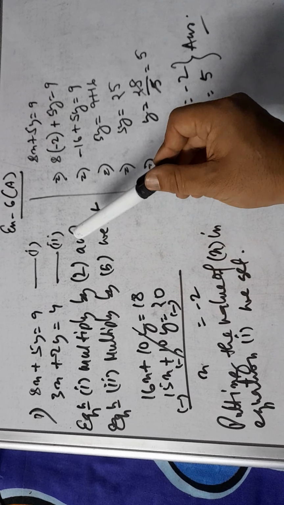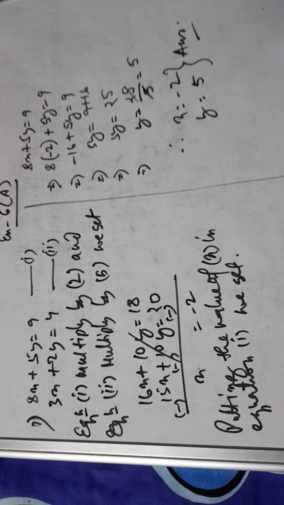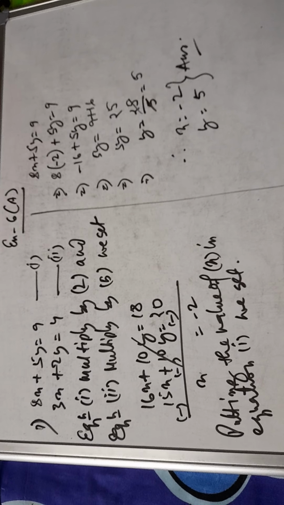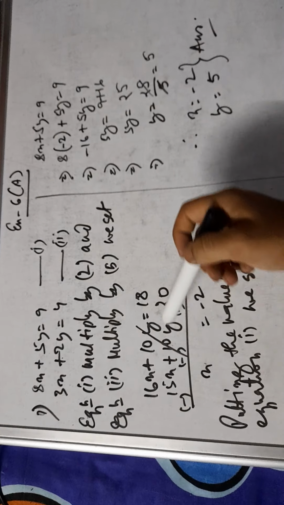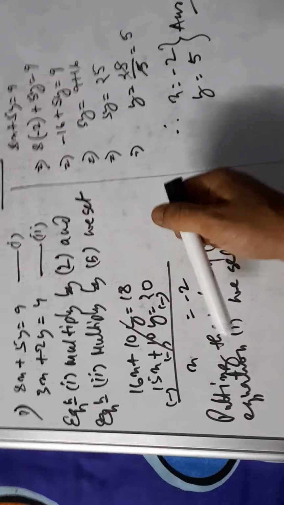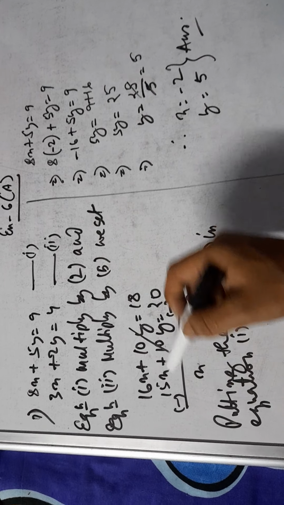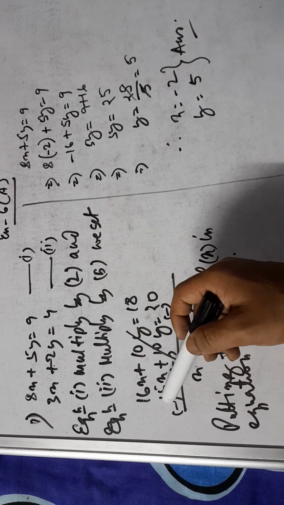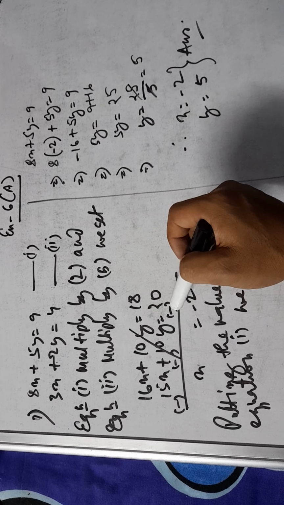By multiplying, 2 8s are 16x plus 2 5s are 10y equal to 2 9s are 18, and 5 3s are 15x plus 5 2s are 10y equal to 5 4s are 20. After writing in this format, we have to write the opposite sign to cancel these variables, that is minus, minus and minus. If there is no sign there is a plus, so the opposite of plus is minus here.